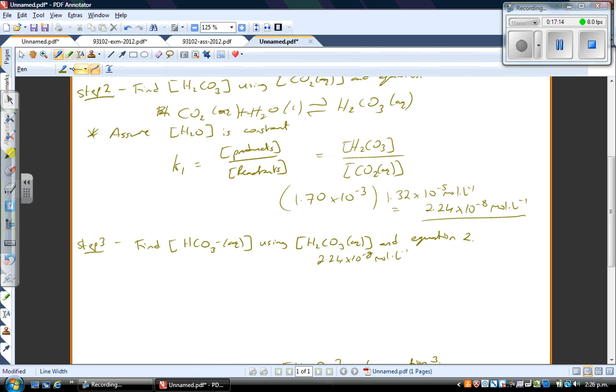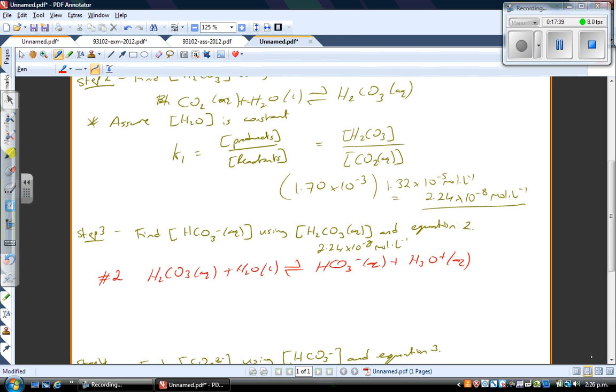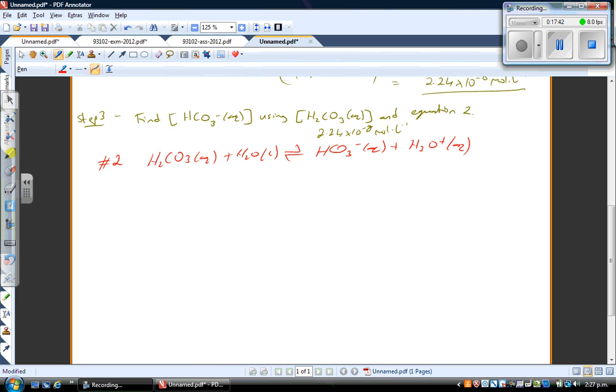let's just use a different color because this is becoming all one big block of green, so let's use red. So equation number 2 was H2CO3 aqueous, equilibrium established, HCO3- plus H3O+. Okay, so step 3, we're trying to find the concentration of our hydrogen carbonate here. I've written out equation 2 because that's what we're using to work with. K2, the equilibrium expression, again, concentration of the products